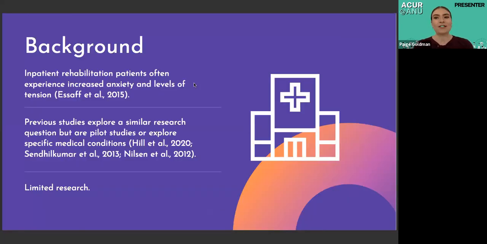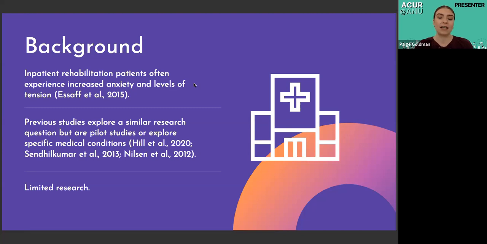So literature tells us that rehabilitation patients often experience increased levels of tension and anxiety due to the significant psychological adjustments required following an acute loss of independence and physical functioning. And whilst there is a body of research exploring the use of relaxation practice with specific population groups, for example, stroke and Parkinson's disease, there is limited research that explores the general rehabilitation patients and their perceived experience in group